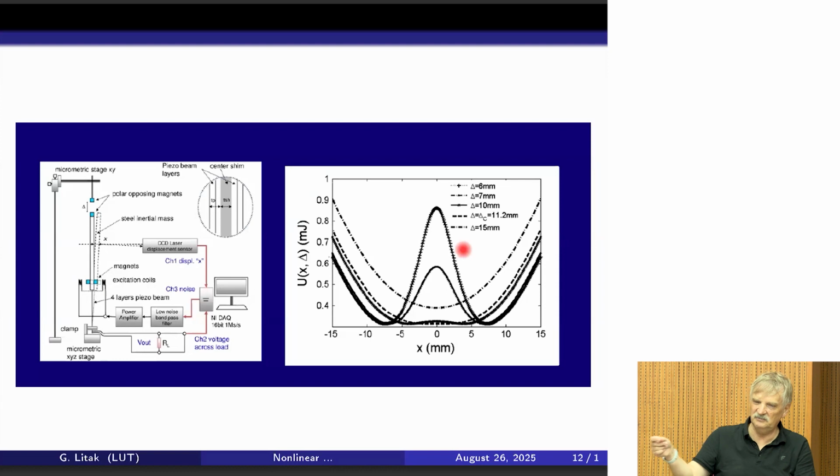So there is like a motion. On the edges there is a turning point. So you cannot cross the potential barrier unless you are above this level of energy, and